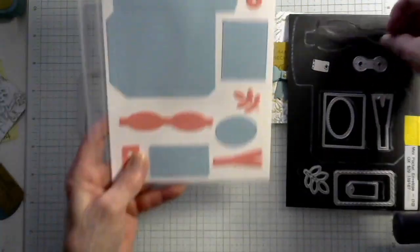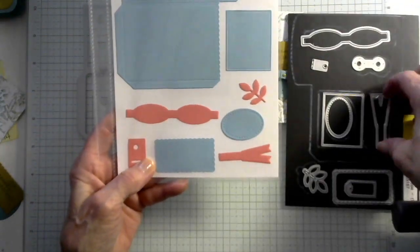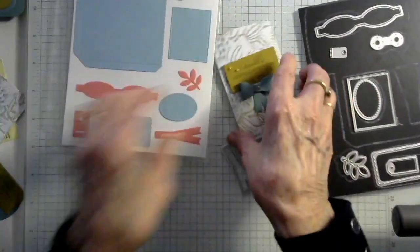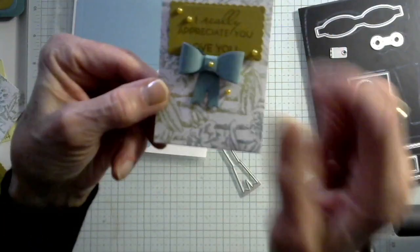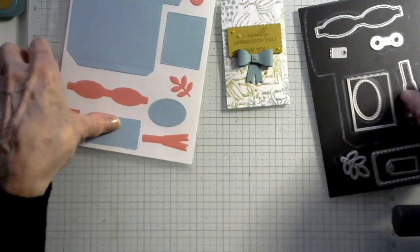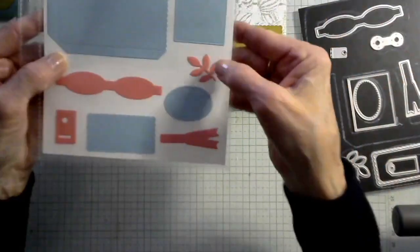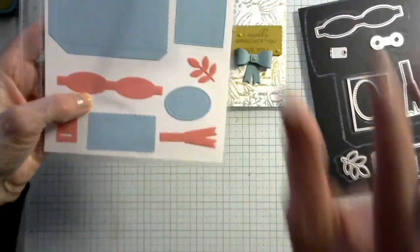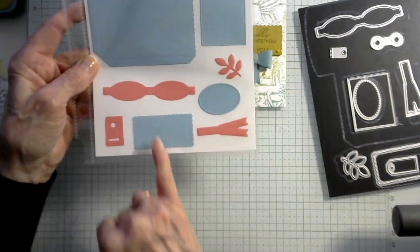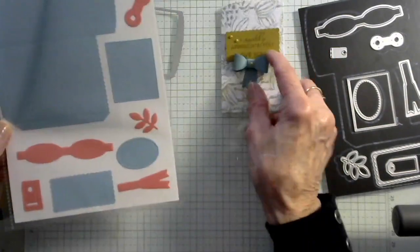This little piece right here is for making the bow. This is the ribbons that are on the bow. So this is what it looks like when you put it all together, the little bow and the ribbon underneath. It also comes with some leaves, which I did use on that card for my sister because I needed some smaller flames. It has an oval little label punch, a scalloped one that we're going to use today, a square